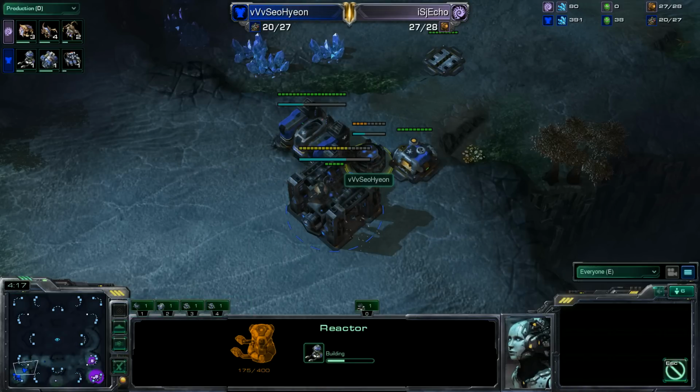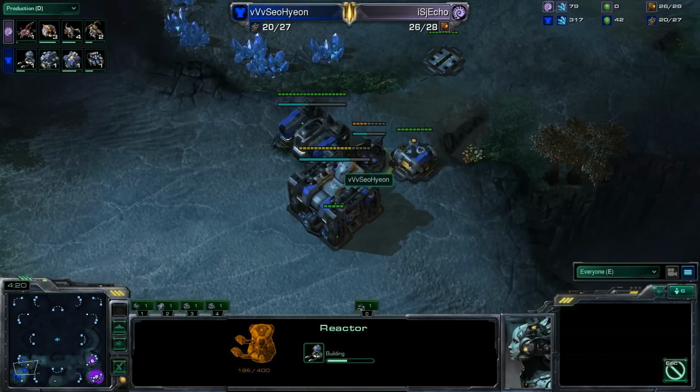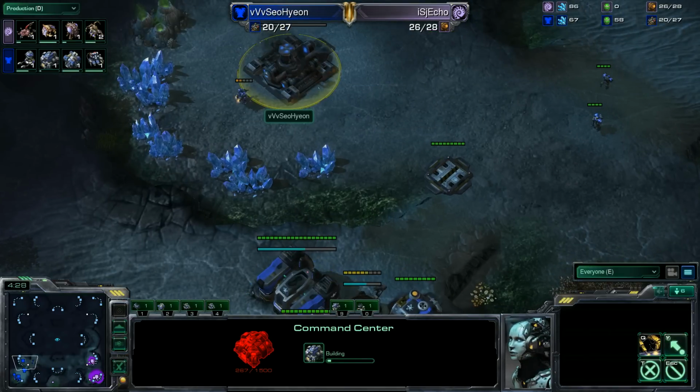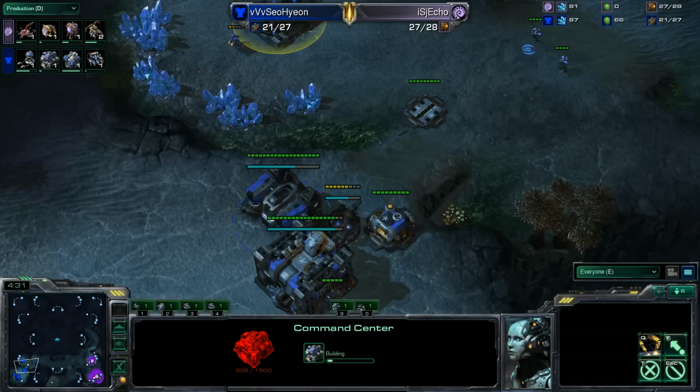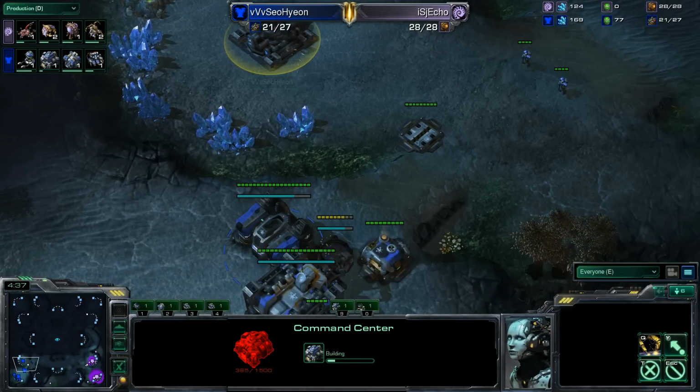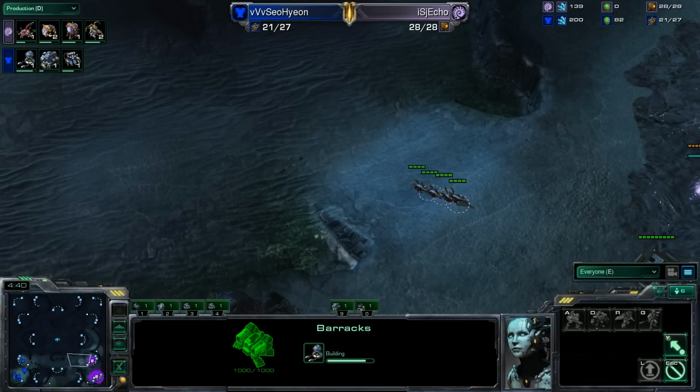Actually, he had to lift up the racks, like you mentioned, that supply depot was in the usual spot for that add-on. Now Seo-hyung is going to be going for that command center as well. Alright, so Seo-hyung is just trying to confuse us casters as we're watching the game. It is going to be that standard command center reactor Hellion opening,